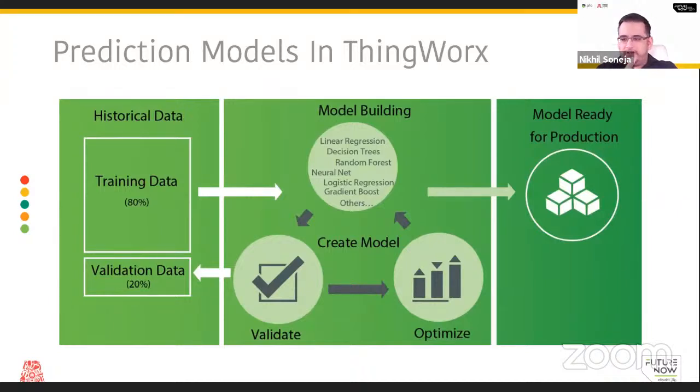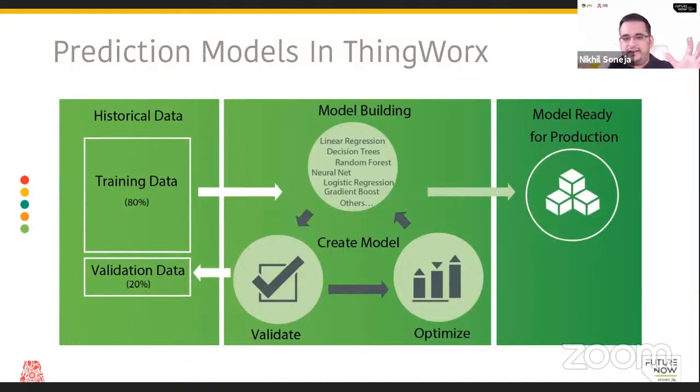You also have support vector machines, which are not mentioned here, but those can be used with Boolean data. And of course, you all know about neural networks. Neural networks have multiple layers, and those are probably the more complicated versions of that. So ThingWorx supports all the basic machine learning models. The way it works in terms of an ensemble technique is, by default, it will run 3 or 4 different methods and pick the one that gives you the best results, and automatically, without you having to intercede, select that as your primary model.